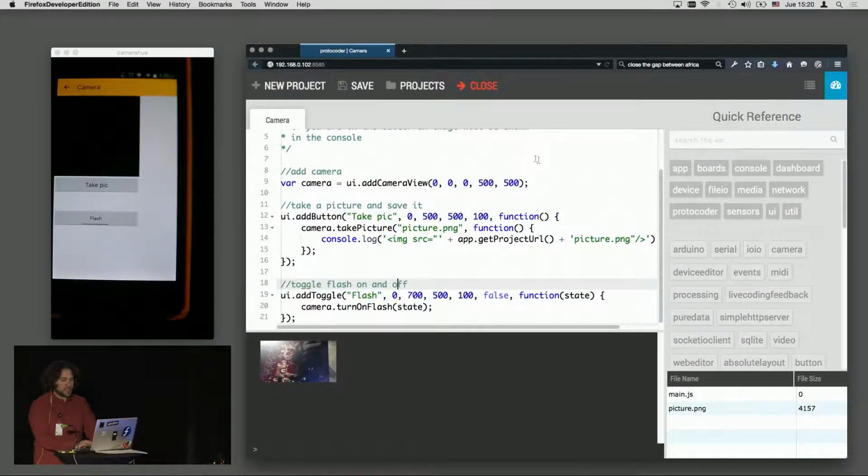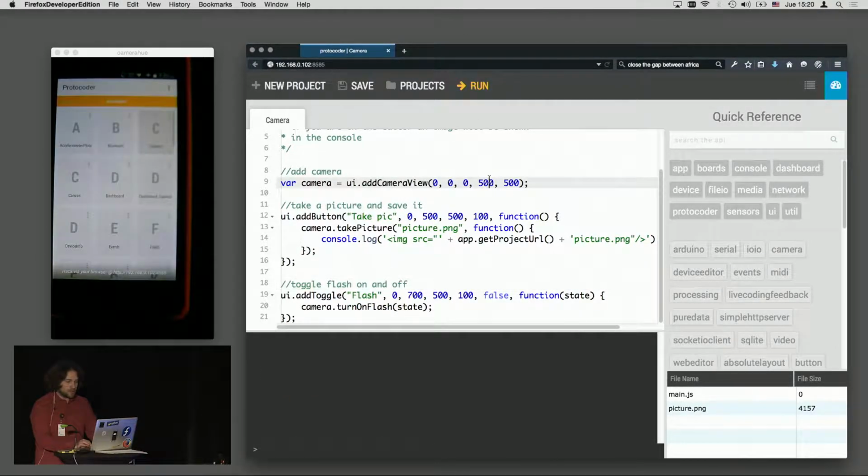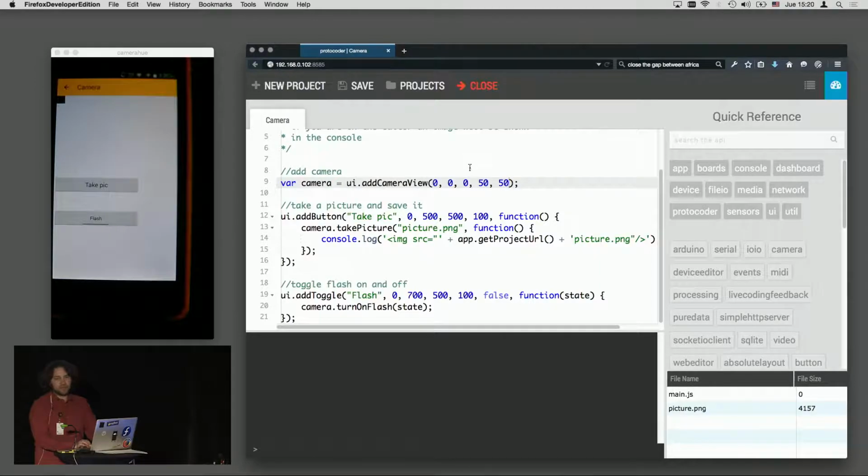So one of the cool things is, I just made a camera app, but I can modify it really fast. So basically, I can close it. I can change the size. I'm going to do a micro camera. And then I run it. And then I have a tiny camera. That's all, super easy.